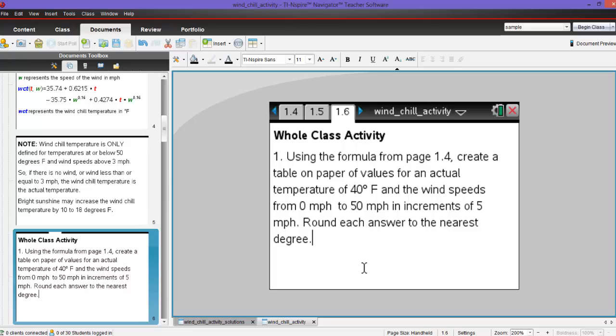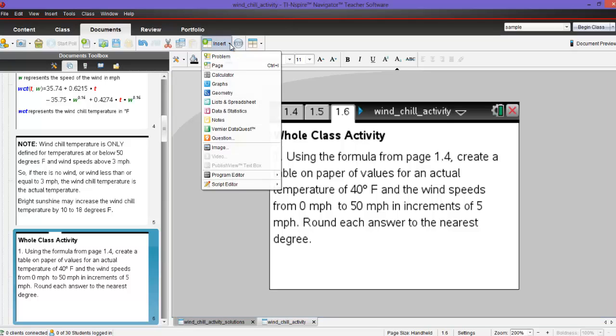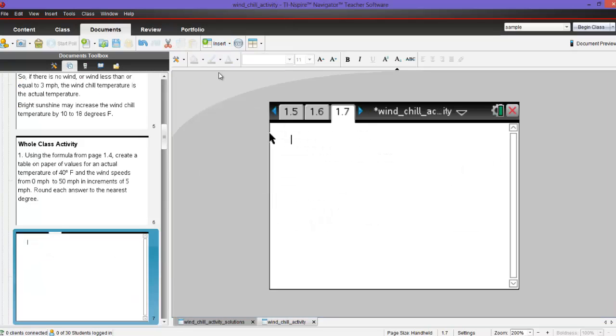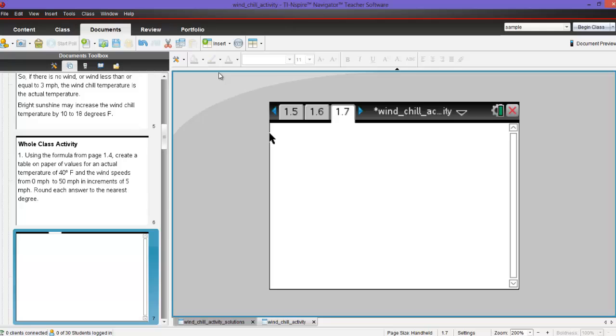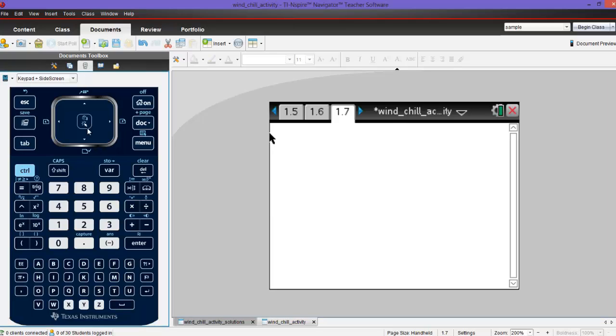So here we're at number one. Using that formula, we want to create the table of values on paper for 40 degrees actual temperature and 0, 5, 10, 15, up to 50 miles per hour. All right, so I'm going to go ahead and insert a calculator page. Now one way would just be to type in the formula with the numbers in it. So I can just go ahead and type in